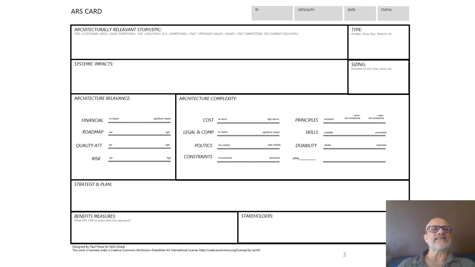This is the canvas. This is the architecturally relevant stories, or what I would prefer to have called architecturally relevant epic looks like. Let's go into the canvas, but before we do that, let's look at how epics, stories, and requirements all fit in.